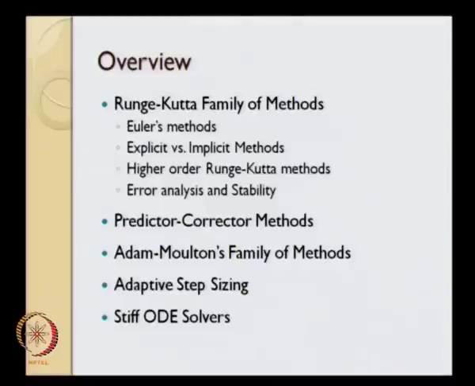Hi and welcome to lecture 7 of module 7. In the previous lectures, we have been discussing the ordinary differential equation initial value problem, and we have considered several methods, error analysis and stability analysis for these methods. So I will just do a very quick recap on a PowerPoint slide and tell you what we are going to cover in the next two lectures.